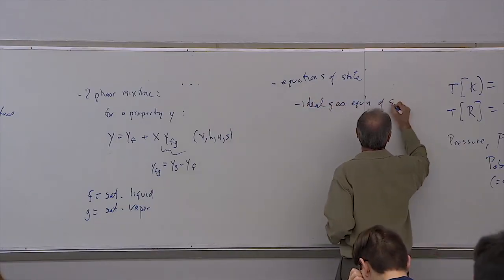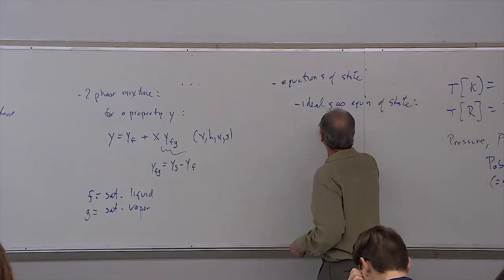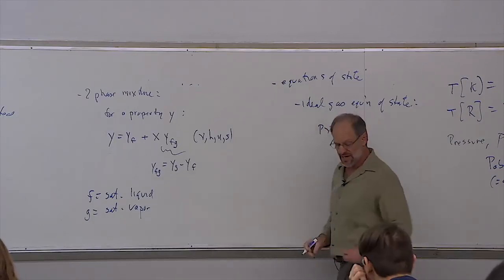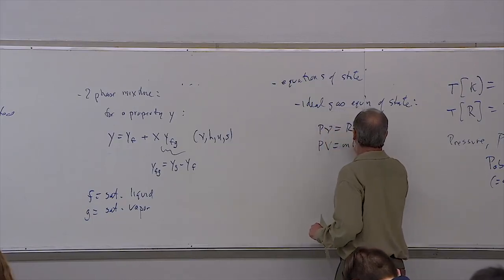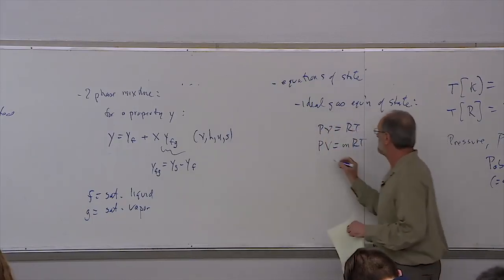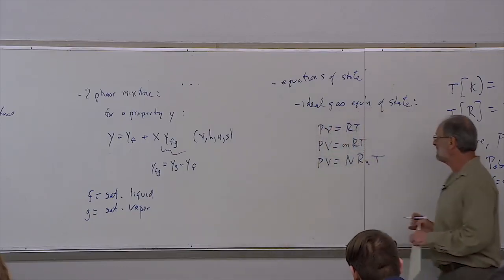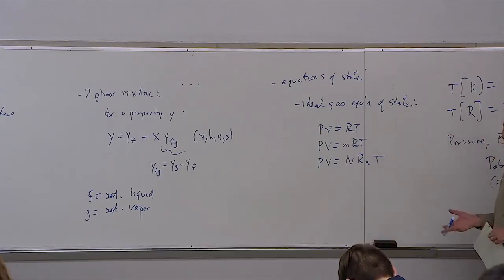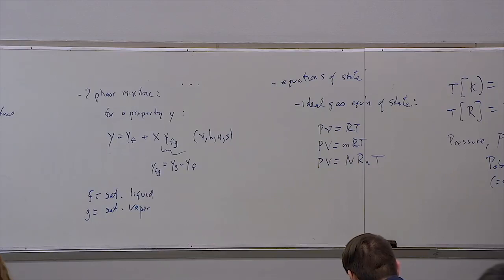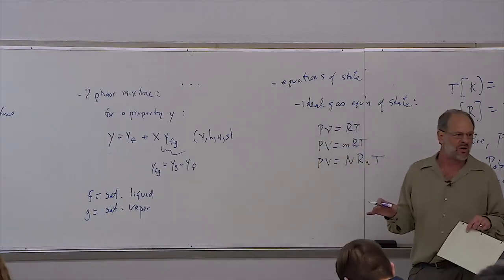So the ideal gas equation of state is something that you were all exposed to. There's various forms. That's one form of the ideal gas equation of state. Here's another form of the ideal gas equation of state. Here's another form of the ideal gas equation of state. They're just different ways to relate ideal gases. Now, if you go into your textbook, and I can't even tell you what the page is anymore, there's a little test so you can determine whether a gas is an ideal gas or a real gas.